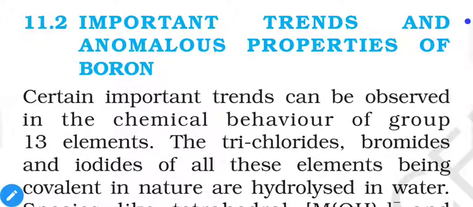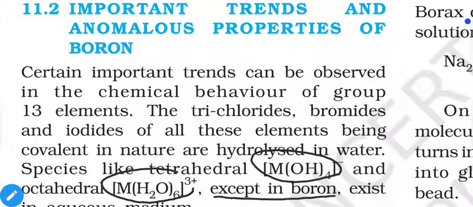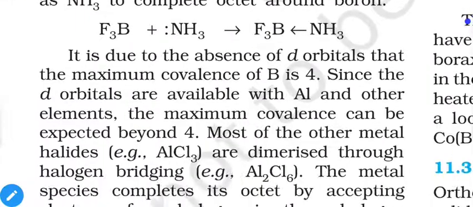And this applies for each and every representative element of the p block. That means from group 13 to group 17, all of the first elements have these two different properties than the rest of the members: small size, high electronegativity, and lack of d orbital. So that's why all of the rest of the members can form both types of compounds, that means 4 covalency and 6 covalency, except boron, because for 6 covalency we need the help of d orbital, which is not present in boron, and the same points are mentioned in this description as well.